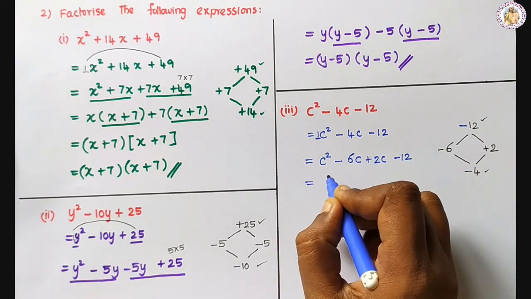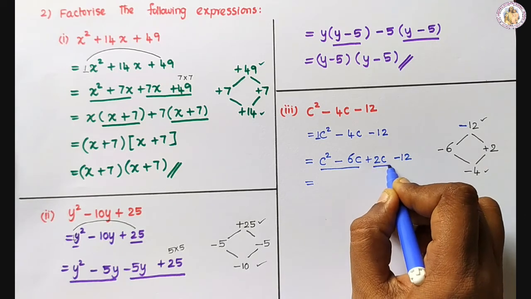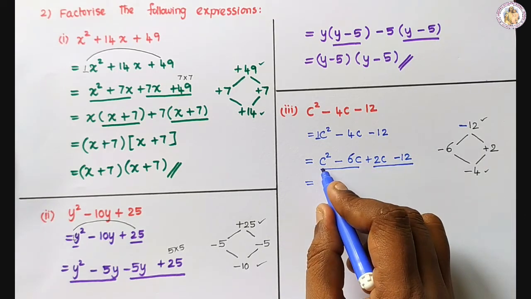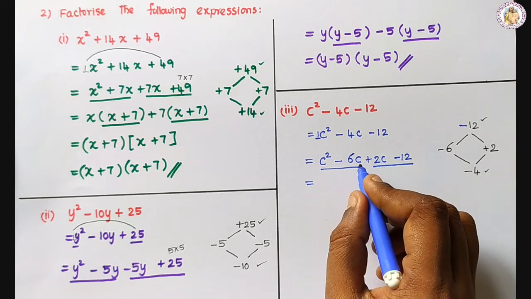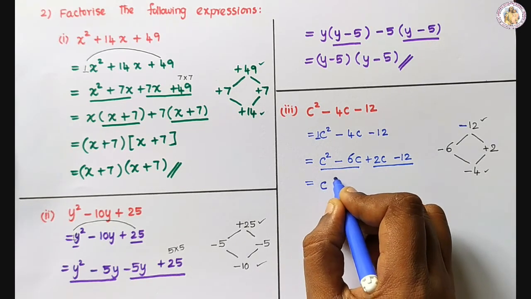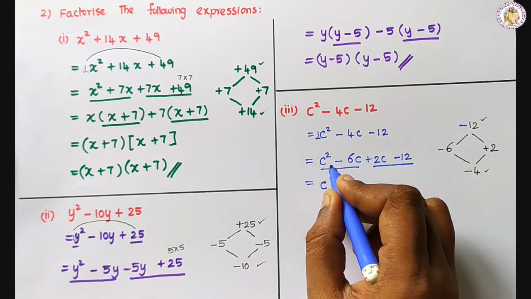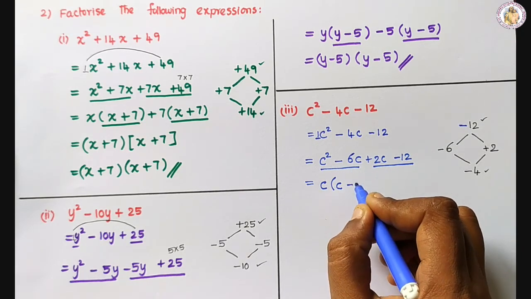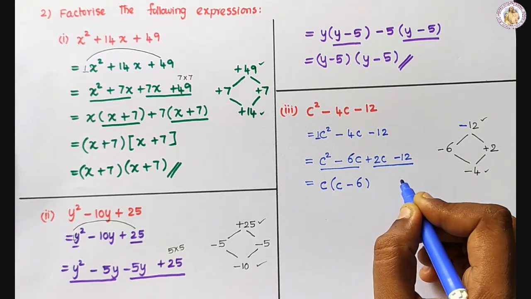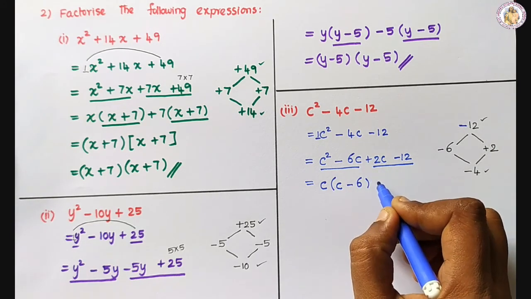Now take the first two terms and the second two terms. In the first two terms, c squared minus 6c, c is common. Remaining is c minus, here c is taken out, so 6 is remaining. Here plus